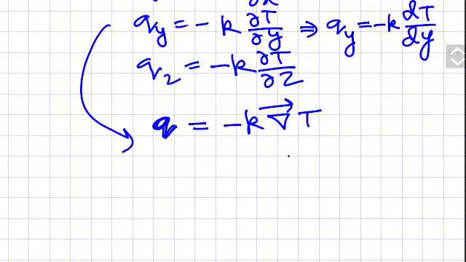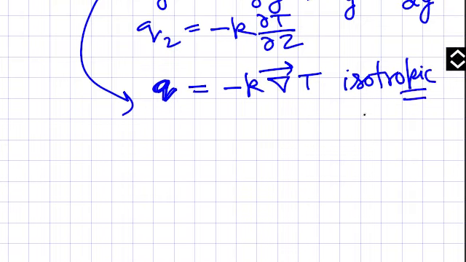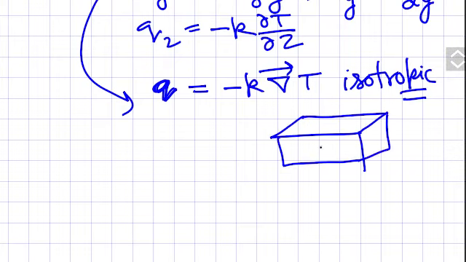Also one thing to tell, that it is for isotropic media. And what is isotropic media? It is the same in all directions. K is the same in all directions. Suppose you take some material here, the thermal conductivity will be the same. If you go in this direction, you will find the same value of K at every point. If you go in this direction, you will find the same value of K everywhere. So this is called isotropic material, and this law is for isotropic material because we are not seeing variation in K. I hope you understood Fourier's law now.